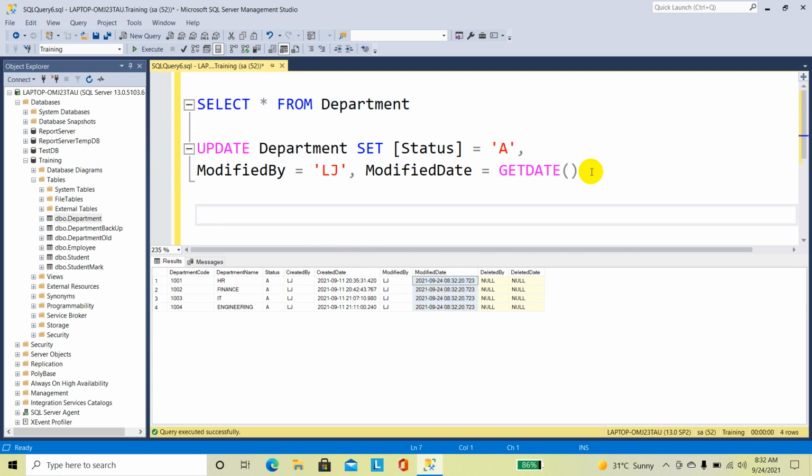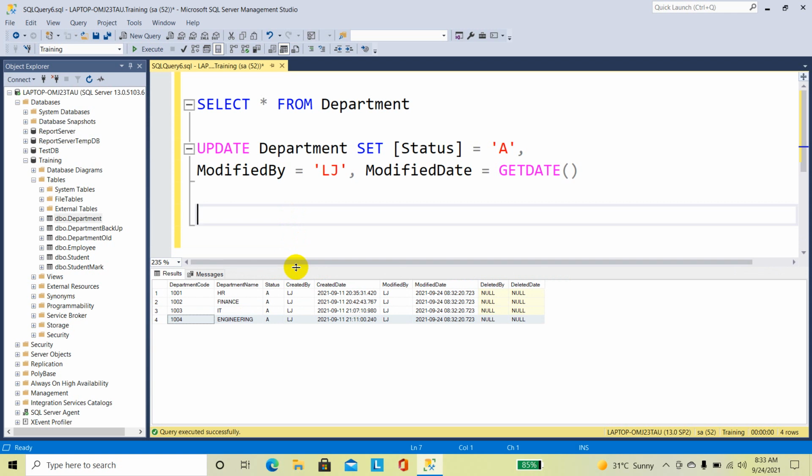Now I need to update only one record in the department table. For example, I need to update this particular record, that is department code 1004, department name engineering. I am going to update the department name engineering into communication.